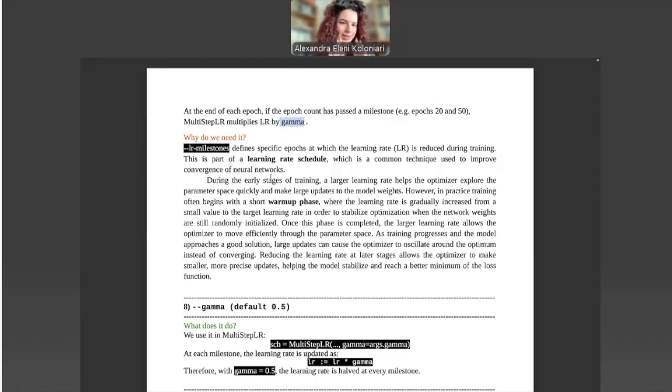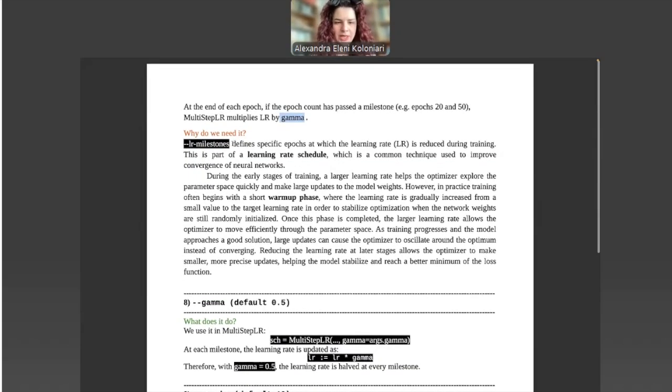So what does this mean? What is exactly happening here? Basically, that specific argument defines specific epochs at which the learning rate will be reduced during the training.